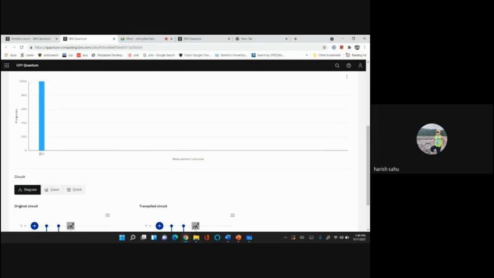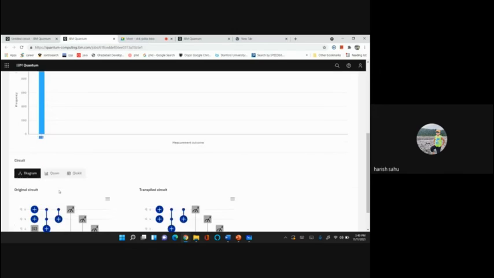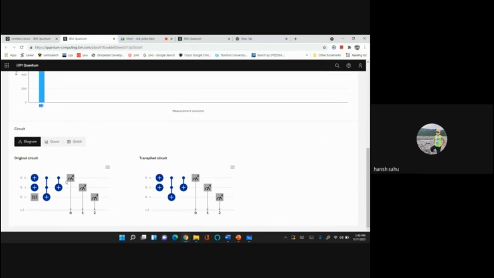So here also we can see that we are getting it with 100% probability. We ran this circuit 1000 times and almost all the time on the simulator we get the same result. If we run the circuit on a simulator, whatever gates we are applying are available in the simulator, and the transpiled circuit will be the same. So whatever circuit you implemented will remain the same and run on the simulator.